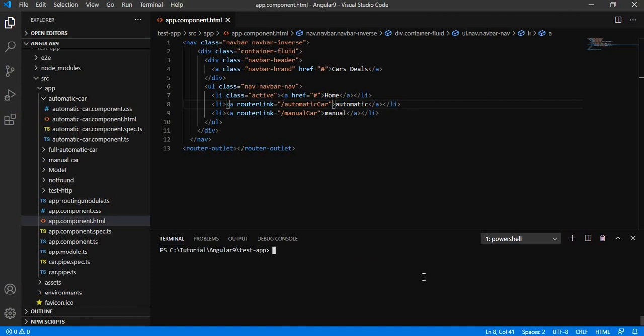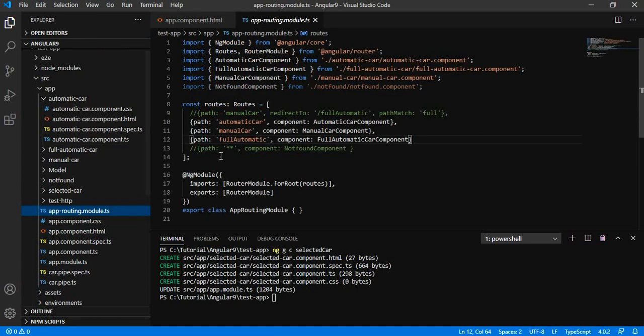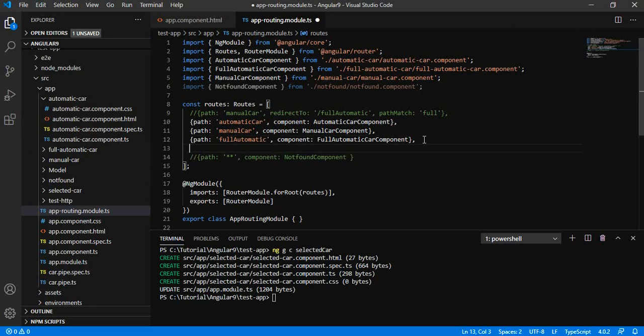Let us try to create a new component. Our new component will be selected car, and in our app routing module let us add a new path.